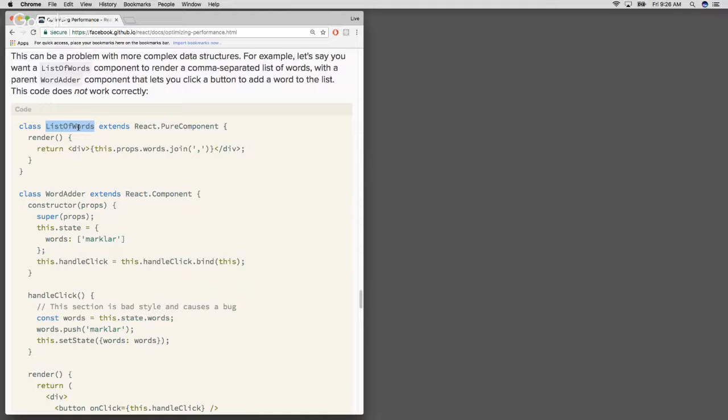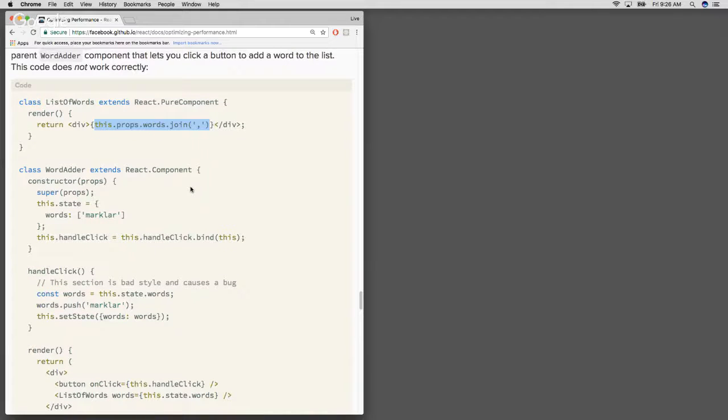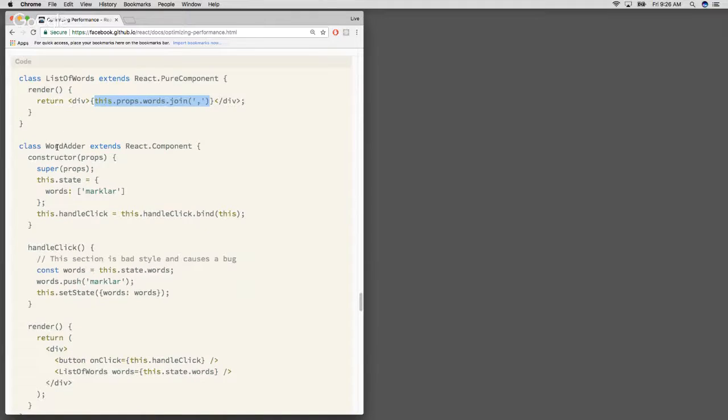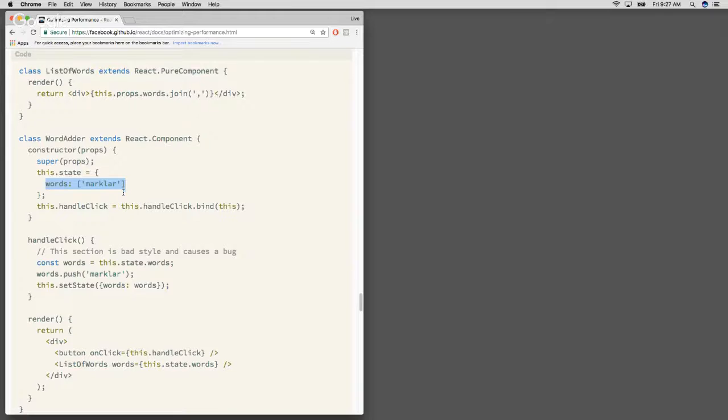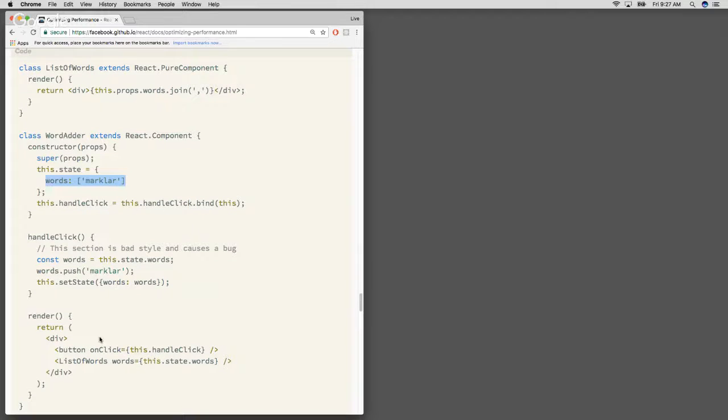So they have a React component called list of words that's derived from the pure component, and basically they're going to show a list of words from an array called words, comma separated. So they have a word adder class that adds words to a word array whenever someone clicks on a button, I'm guessing. Yeah, so there's a button. So whenever the button is clicked,